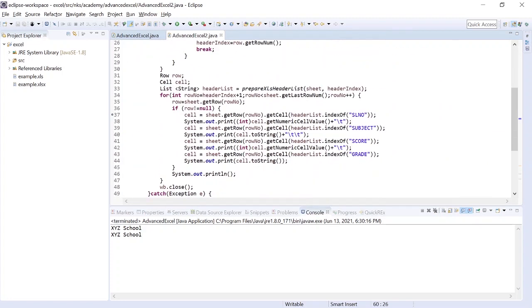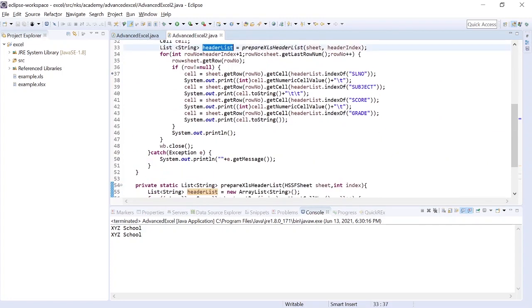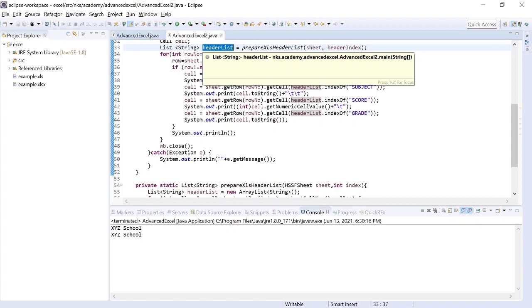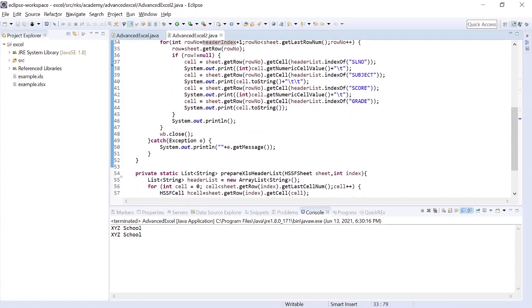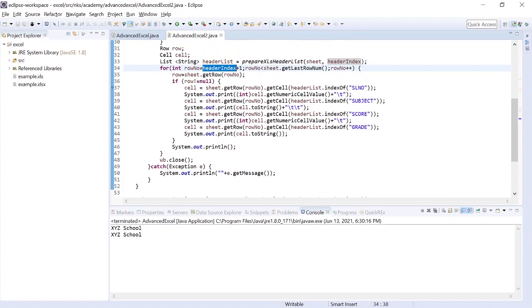Now once the header list is received, we know that after the header, the values will start coming. So with this header index, I'll add 1, and from the subsequent rows I will start iterating till the sheet has values, till the last row number, and I am going to print the values.